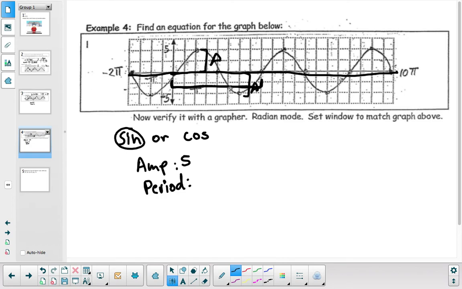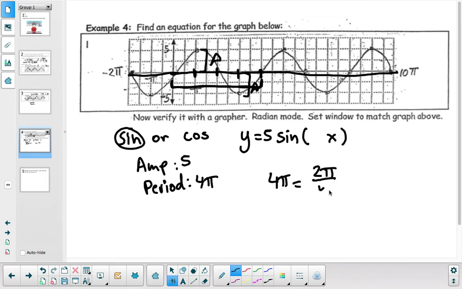And right here it says it's pi. So 2 marks is pi. This would be 2 pi, 3 pi, 4 pi. So period is 4 pi. So start putting it all together. Y is equal to 5 sine of something times x. We don't know. It's not just plugging that number in here. We have to solve for